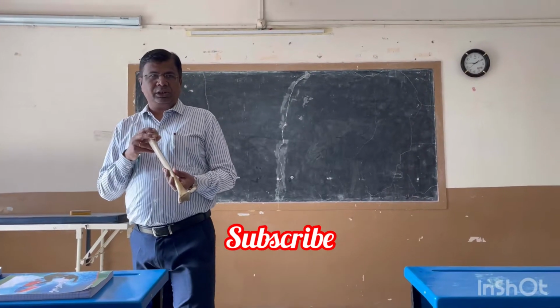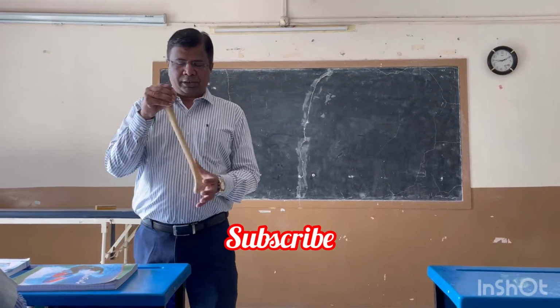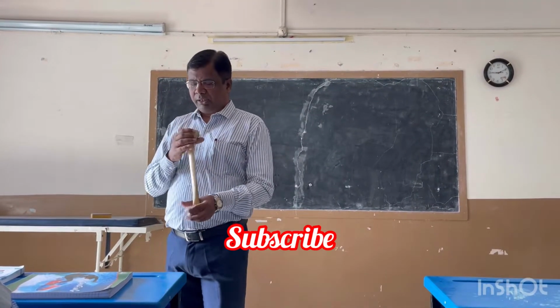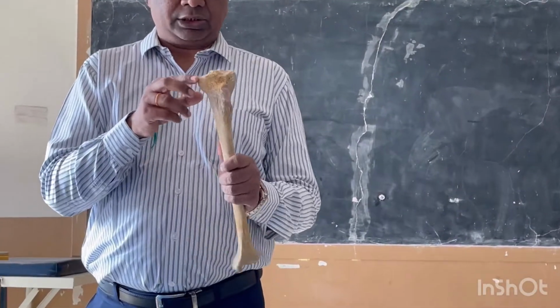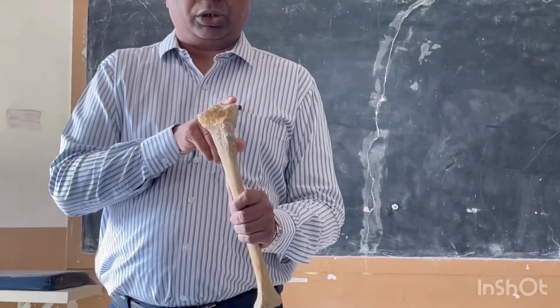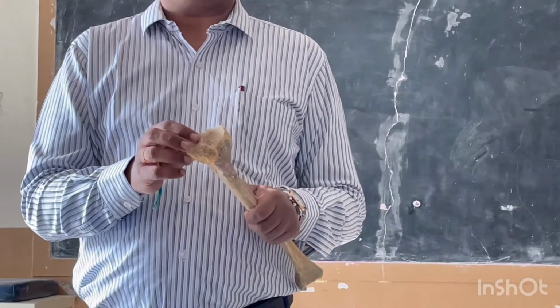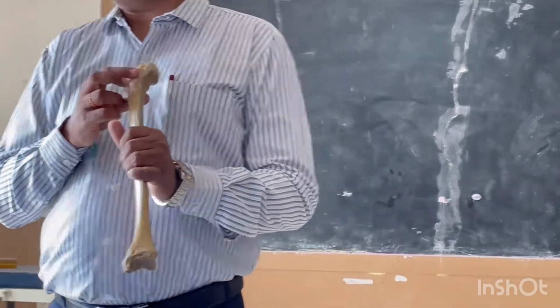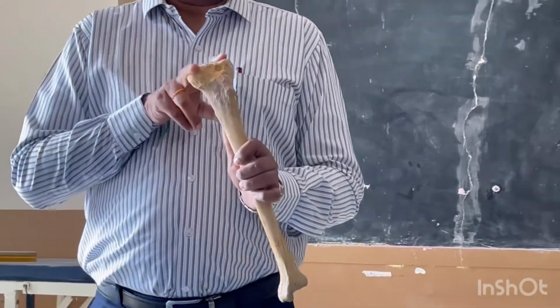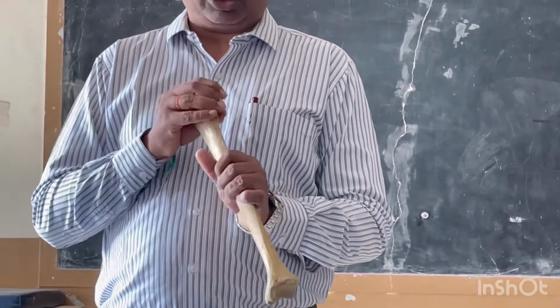Now, because this is a long bone, all long bones have an upper end, a lower end, and a shaft. The upper end of the tibia has the two condyles here. You can see this larger one is called the medial condyle, the smaller one is the lateral condyle. Then there is this part here, very importantly, the intercondylar area, and then here you have an elevation which is called the tibial tuberosity. So there are two condyles, the intercondylar area and the tibial tuberosity, which form the upper end.